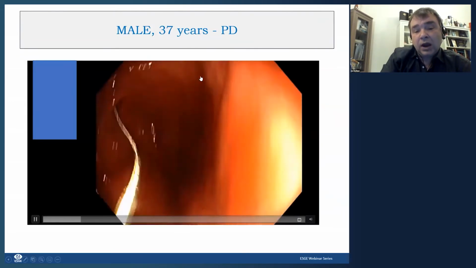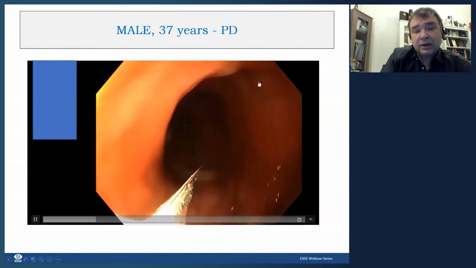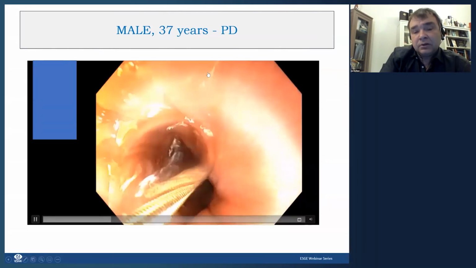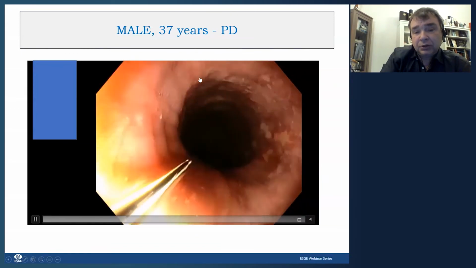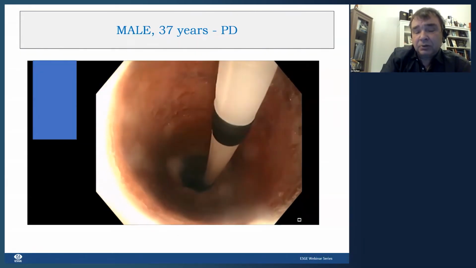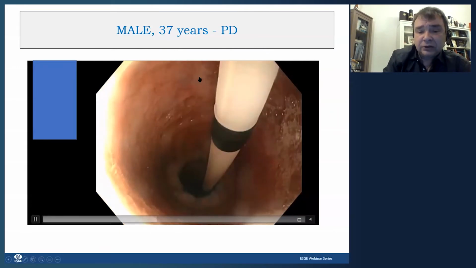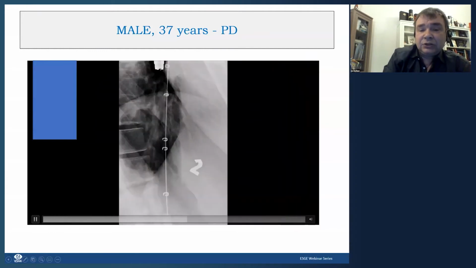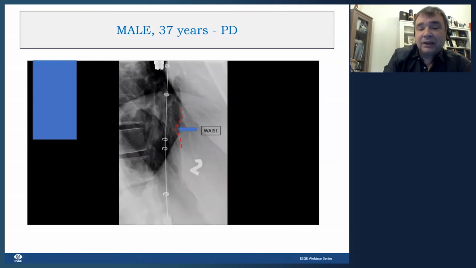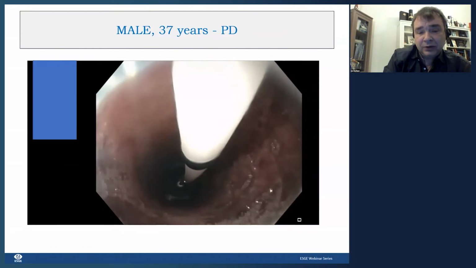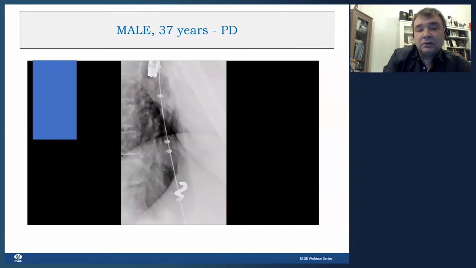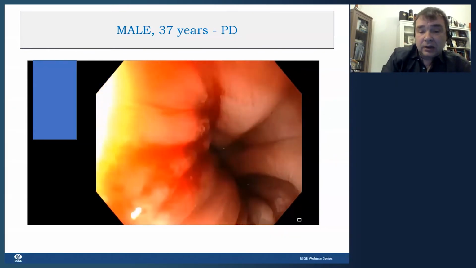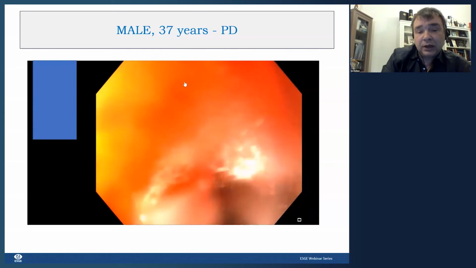decompensated disease, and we performed PD both under X-ray and endoscopic control. We introduced the 30 millimeter balloon over the guide wire, and here through the balloon you see the waist, which is also seen on the X-ray. The aim of dilation is to get rid of this waist, to flatten the waist, which happened here. Here you see the balloon with no waist, and at the end we check the cardia to rule out the